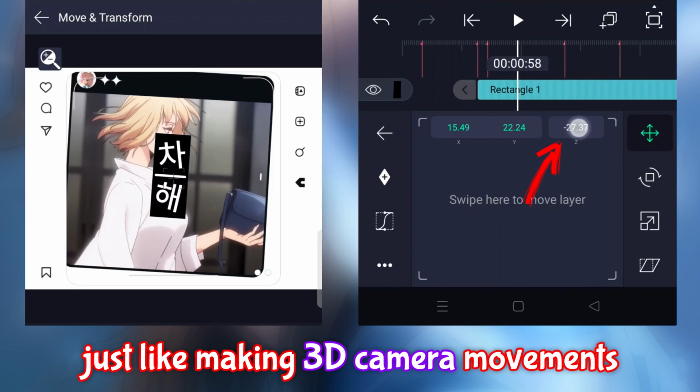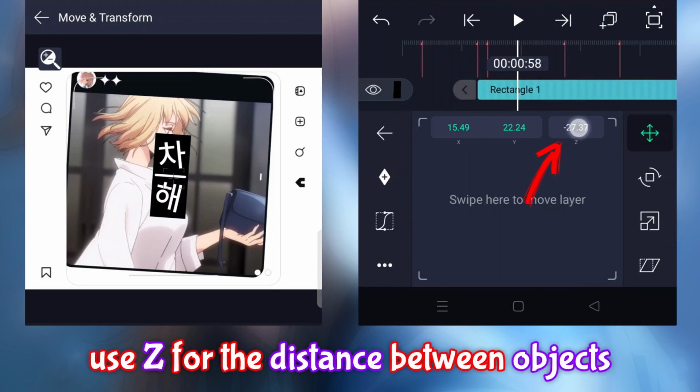Just like making 3D camera movements, use Z for the distance between objects.